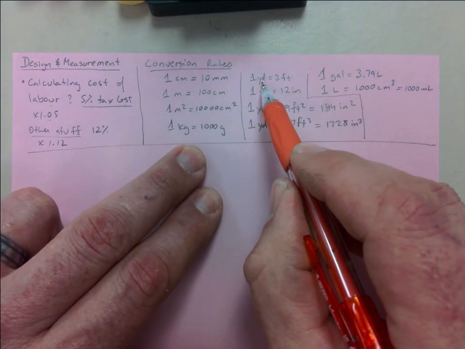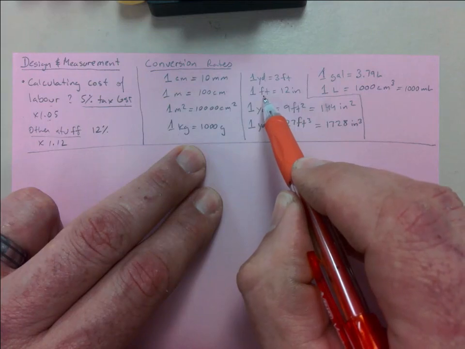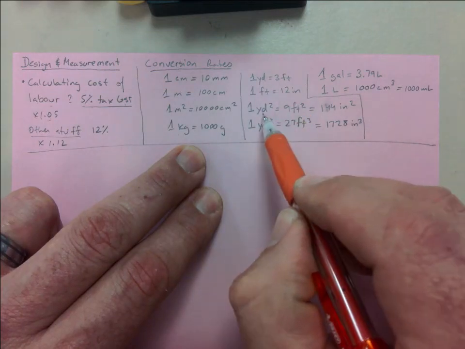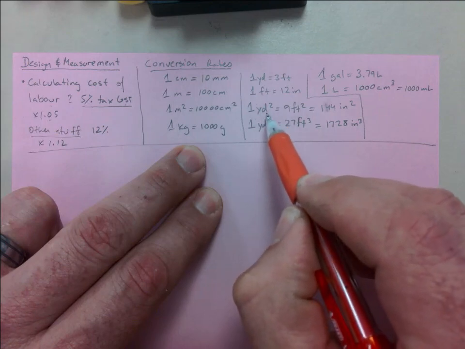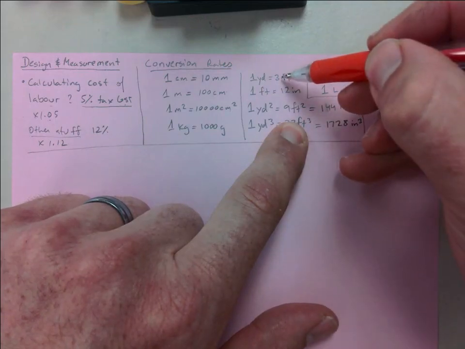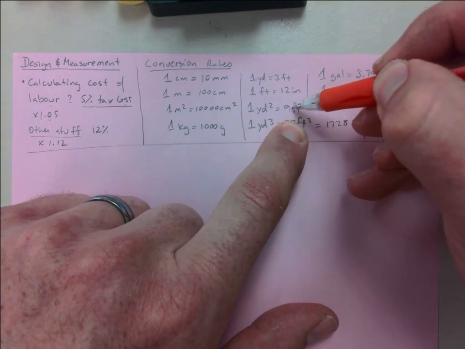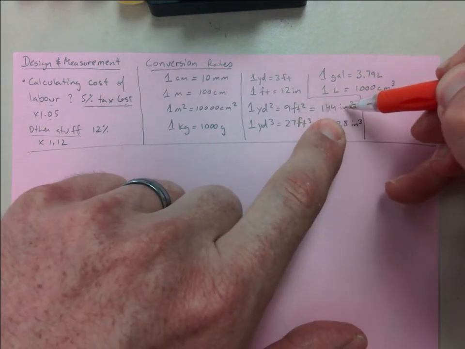Here we go from the imperial system, so yards and feet. Foot has 12 inches. Now I'm doing squared, right? Squared yard would have 9 square feet, because if you square 3, you get 9. But it also has 144 squared inches, because if you